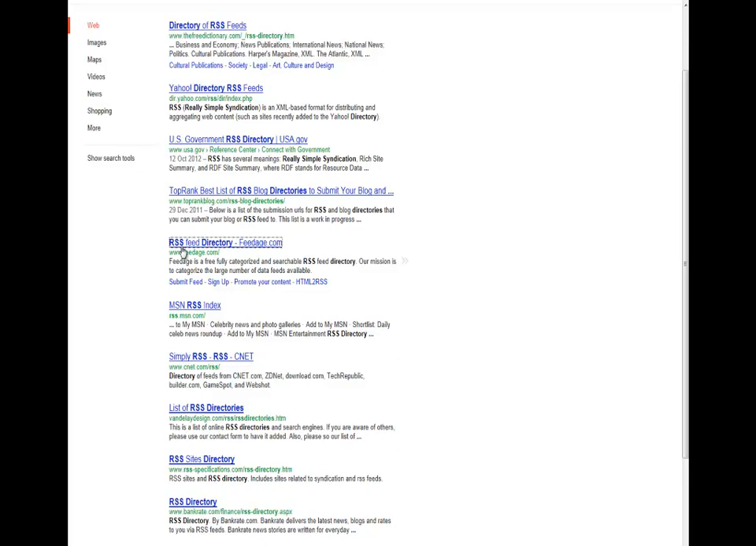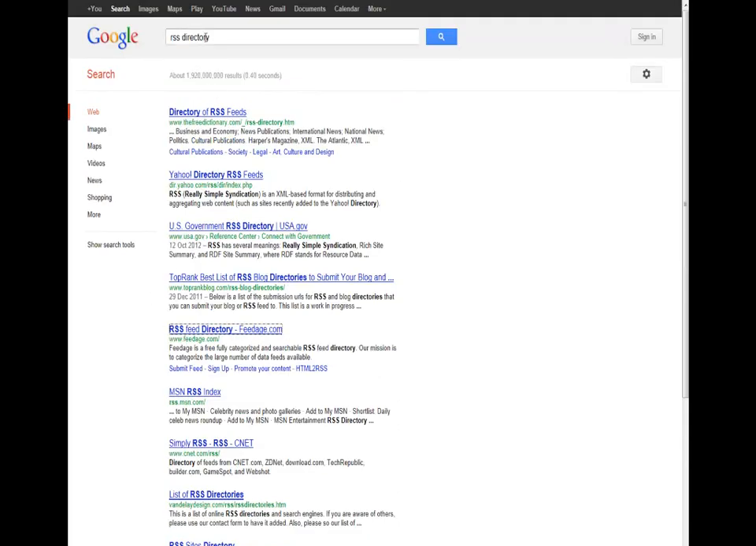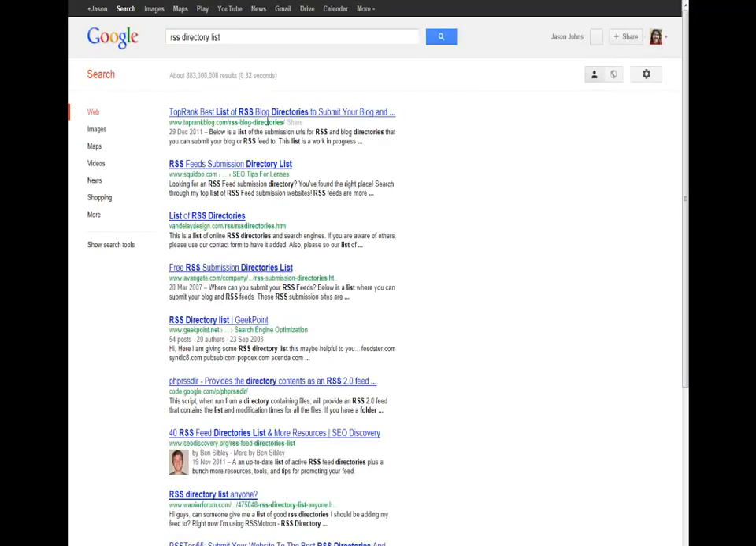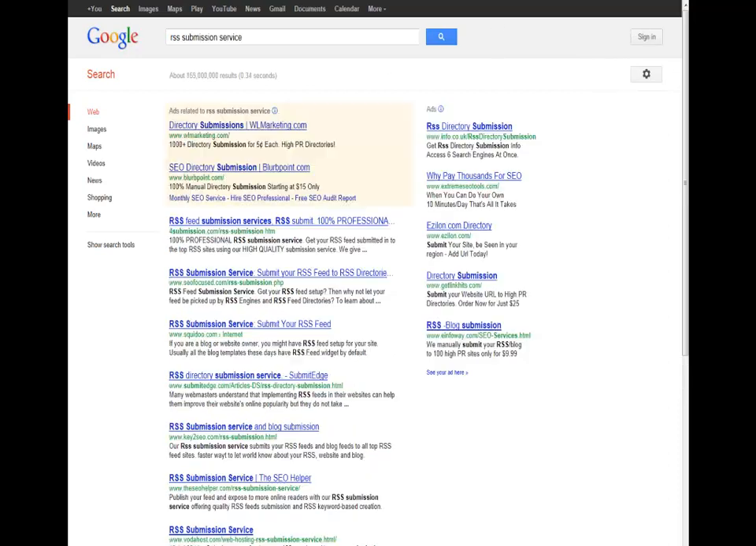But unfortunately, it hasn't actually worked like that, and it hasn't really taken off as massively as I think the creators of RSS wanted it to. However, it's very useful for us as internet marketers, because there are lots and lots of RSS directories. If I type RSS directory list, you can see there are plenty of lists of RSS directories, and you can go along and submit them by hand, or